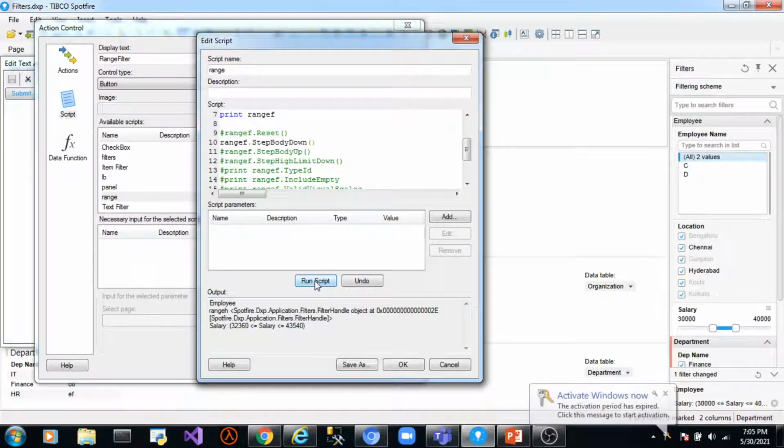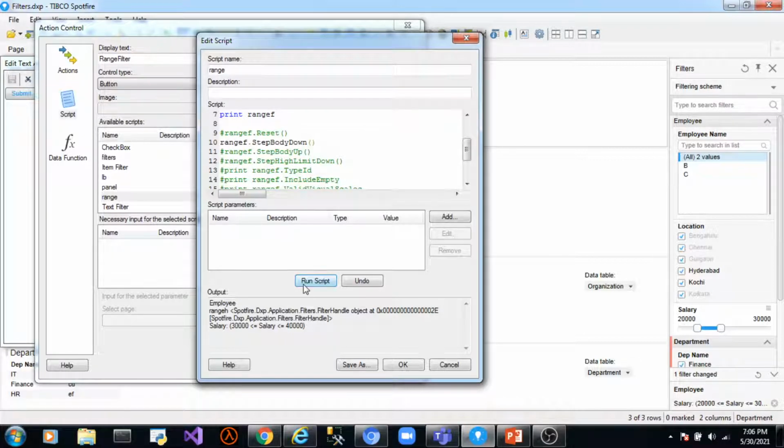Now if I run this again, the left limit will be set to 20,000 and the higher limit will be set to 30,000. So your scale is getting shifted to the left, and the lower limit and the higher limit are getting set to the available values in your column.